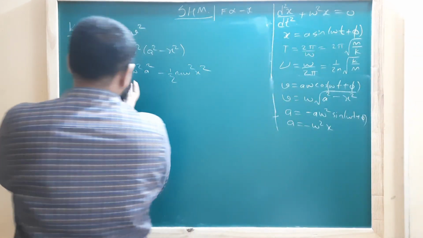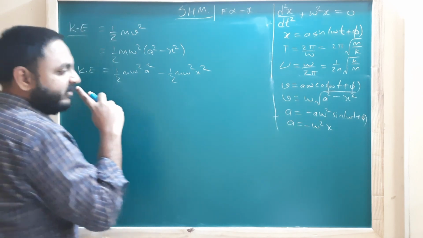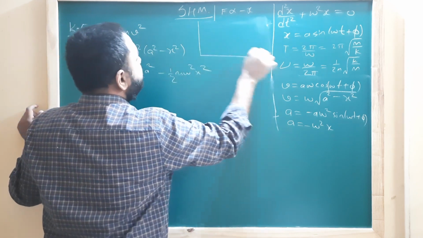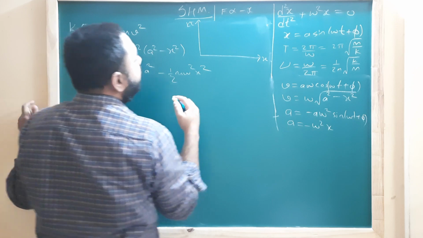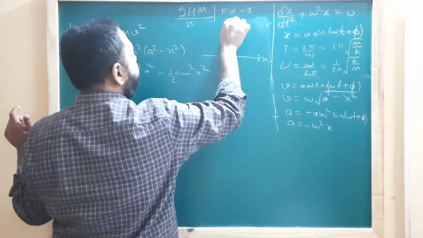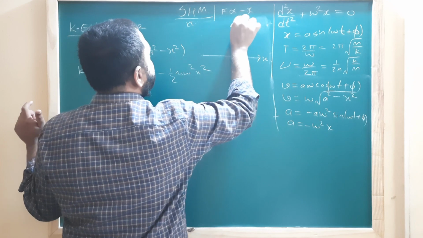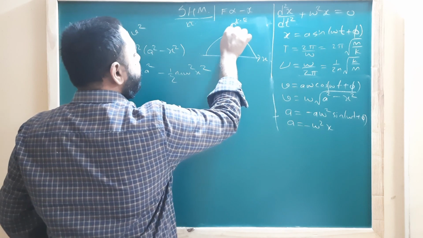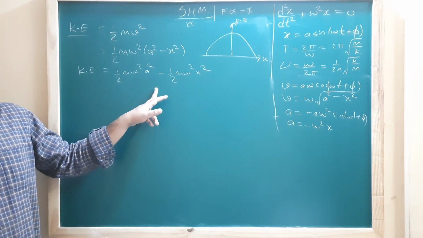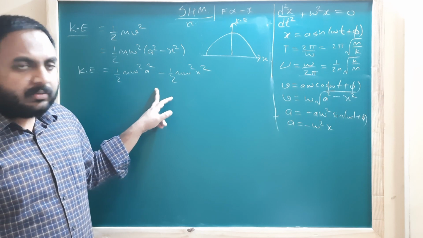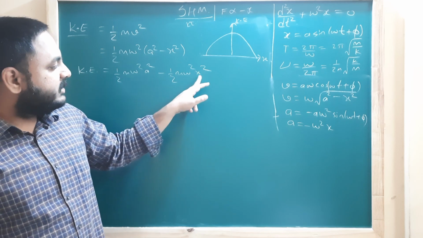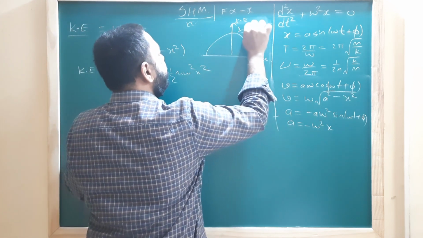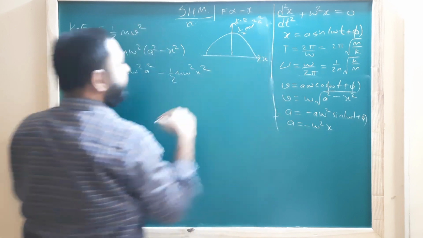ये बस origin को shift कर रहा है. So if we draw the graph, where should I draw the graph? I'll draw it here. This is the position. This is the kinetic energy. The graph will look like an inverted parabola, and the maximum kinetic energy possible. अच्छा, इसका maximum value क्या होगा? इसका एक value तो possible है x at 0. When x becomes 0, this is the maximum kinetic energy possible. That is half m omega square a square. This is the max kinetic energy possible.